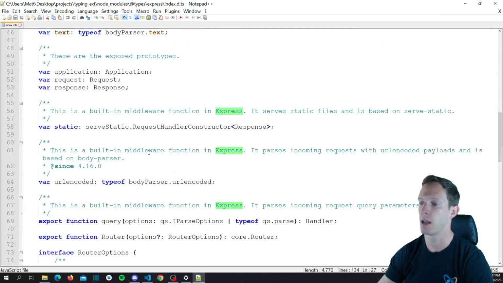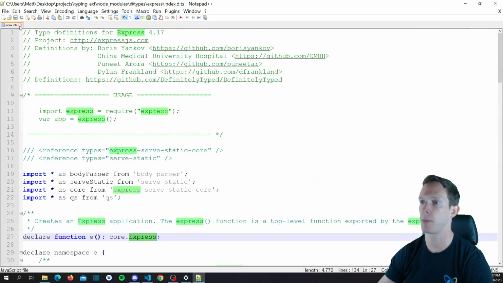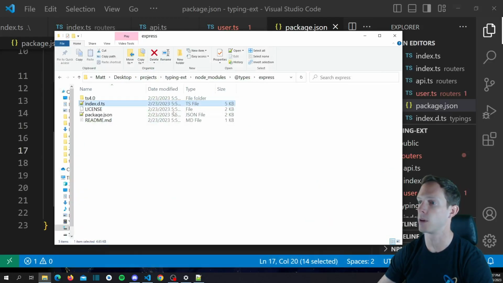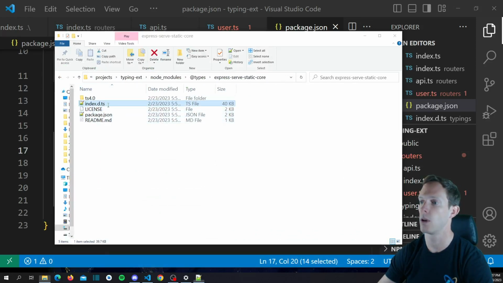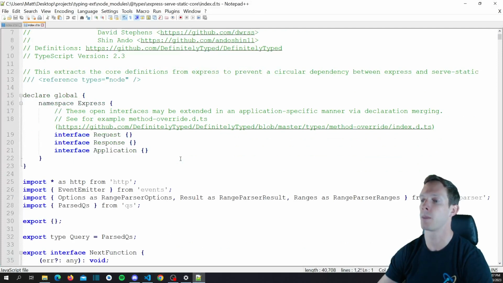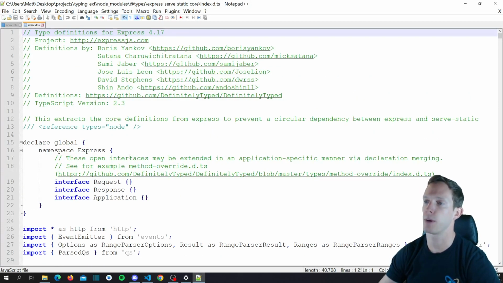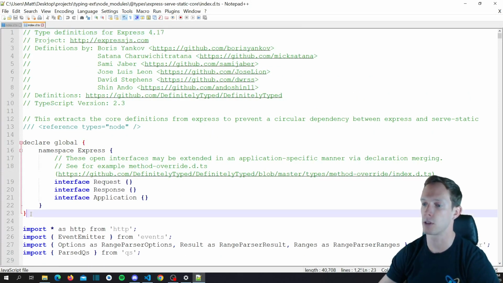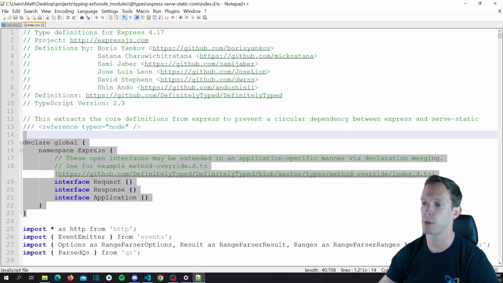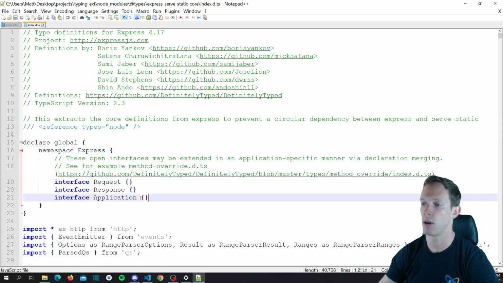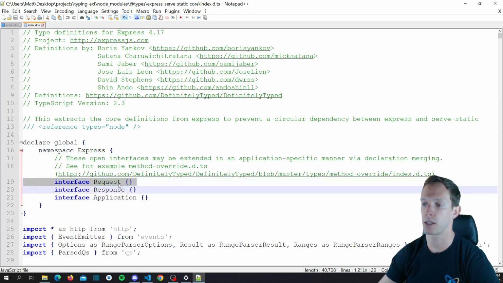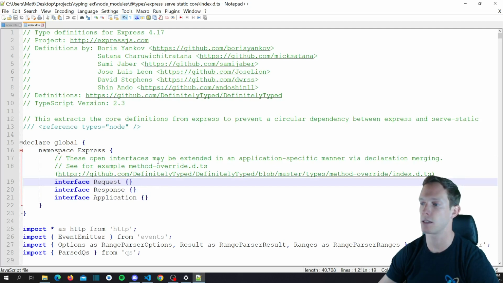And so what we actually want to do is hop out of this file, and we're going to go into @types/express-serve-static-core, and pop this file open. If you look in here, you can see Express does something very interesting. It declares this global here with a namespace Express, right? Now, not every file will do this, but for this particular case, we have our interface Request defined here, and you can see that this is actually